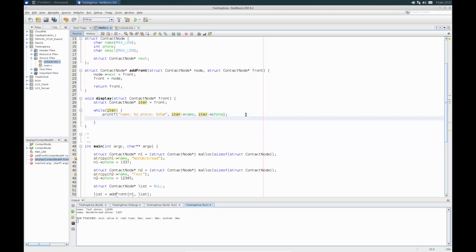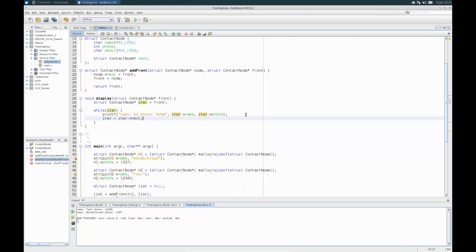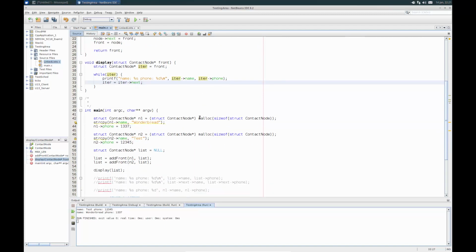The next thing I need is basically to advance iter. So I need to move it forward. Now I move it forward by basically setting it to the next value, or the next node in the list. So next obviously is this variable here, and I can basically update by saying this: iter equal iter next. What that's saying is iter is now the thing that goes after what iter was just looking at. So step me one forward in that list. So there we go. Now I think if we run this, we should actually get the answer we're looking for.